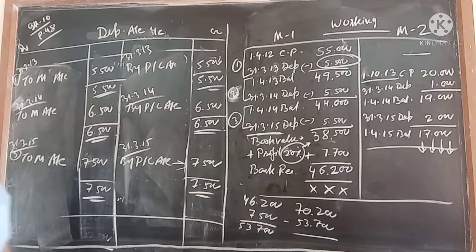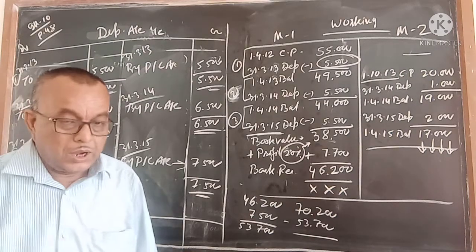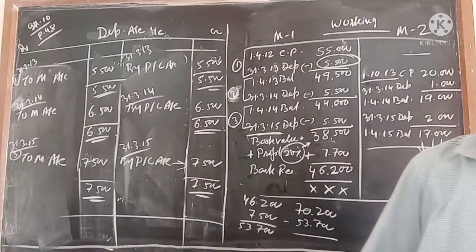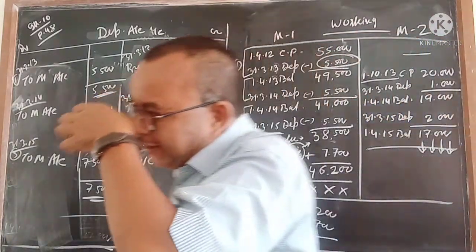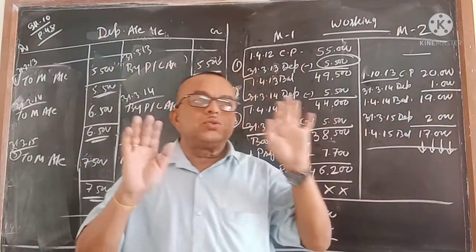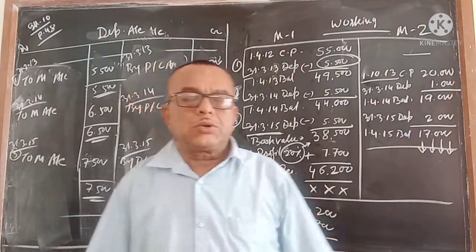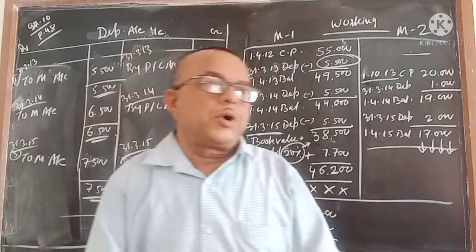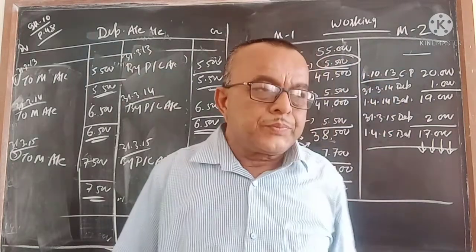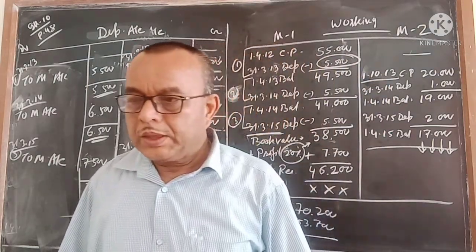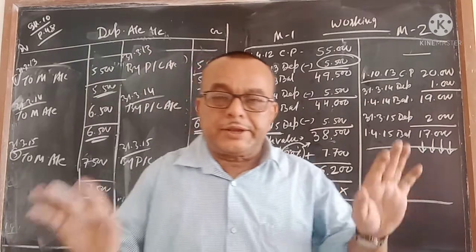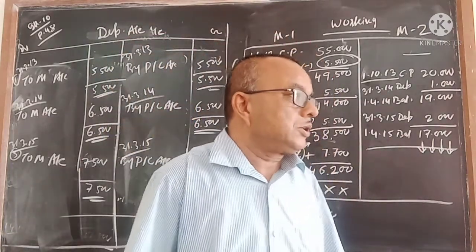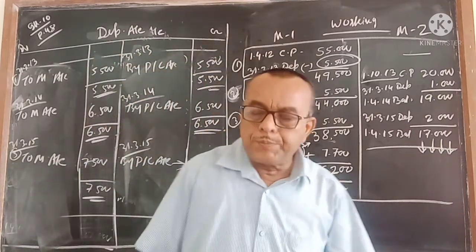I will tell you students, this chapter is the most important chapter, and how complicated sums come, that also you have to practice. But one second, I want to tell you, working is the most important. Do working properly, automatically you will be able to make the account. And when you read the question, whatever data is given, you collect that data properly, so that you can understand everything is correct. Okay? Hope you are understanding.